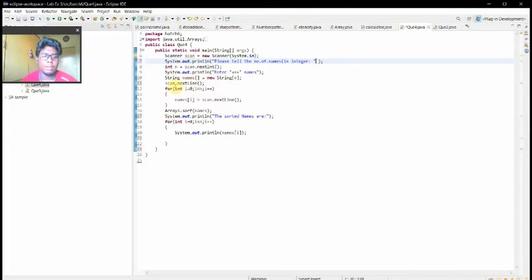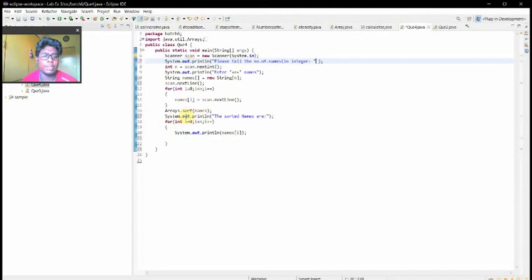Now scan.nextLine(), and then the for loop with int i equal to 0, i less than n, i plus plus. Here names of i is equal to scan.nextLine(), and then Arrays.sort of names.